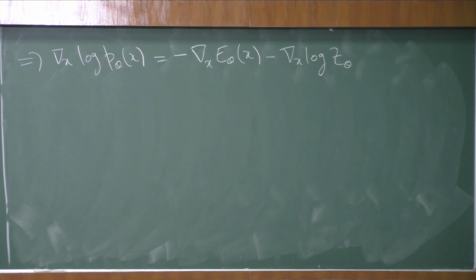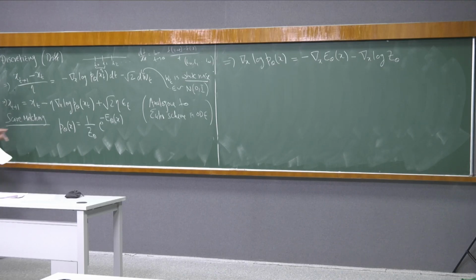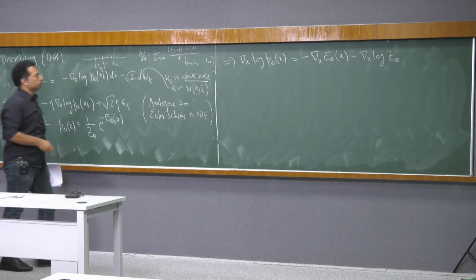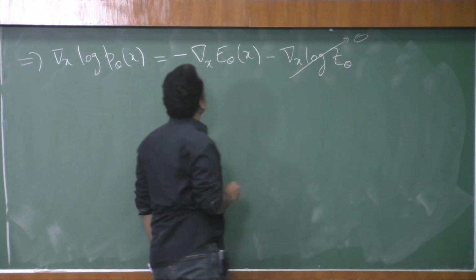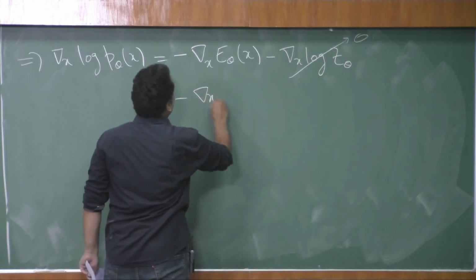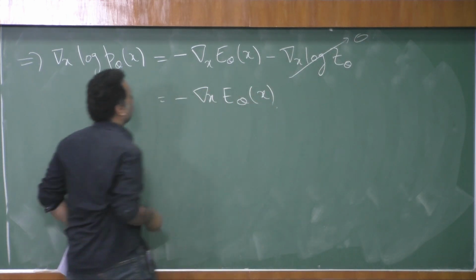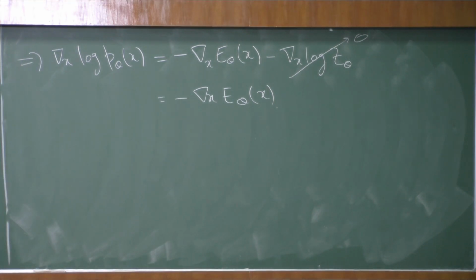We took the log of everything, and then on top of that we took the gradient with respect to x. Now what will be the last term? The last term, Z theta, is not a function of x, so that drops because we are taking the gradient with respect to x, and we are left with